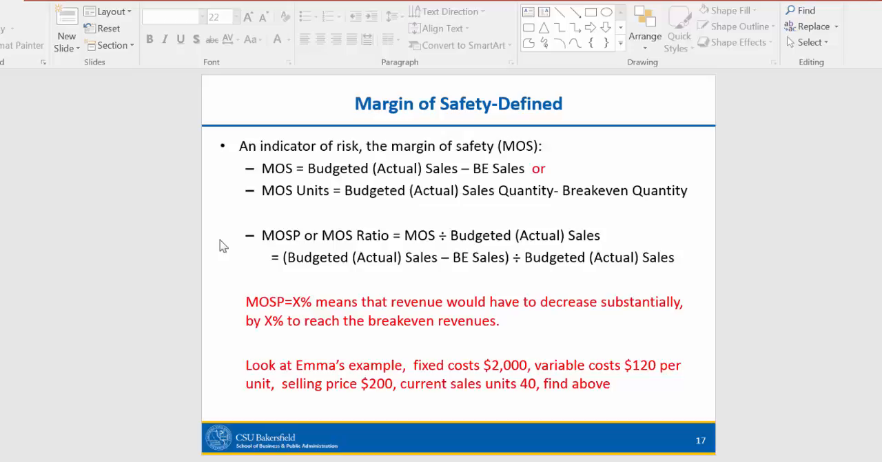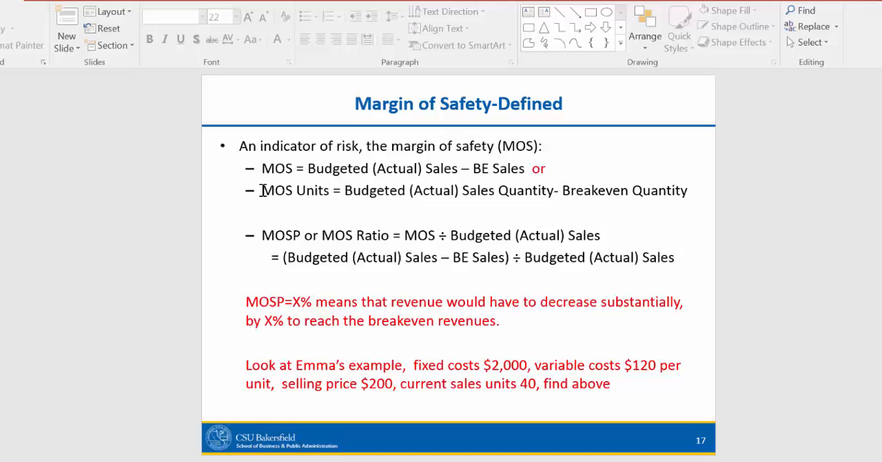The first concept is margin of safety, MOS. The margin of safety is basically the budgeted sales minus break-even sales. So it tells you an absolute value amount. This one may not be that interesting, because you have to understand that although it gives you the entire dollar amount,